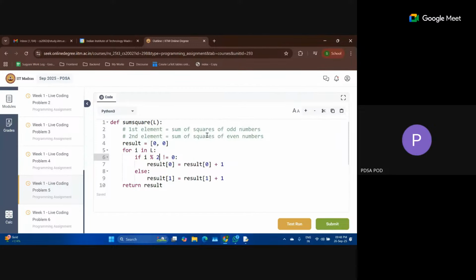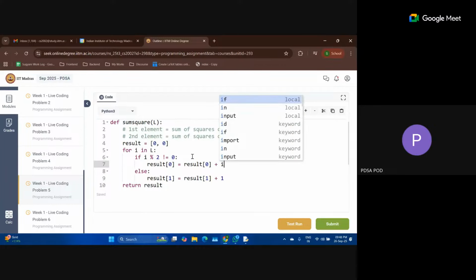So we find the remainder when we divide I by 2, and if it is not equal to 0, my I is an odd number. I will add the number, actually not 1. I have to find the sum of squares, so I have to find the square of I.